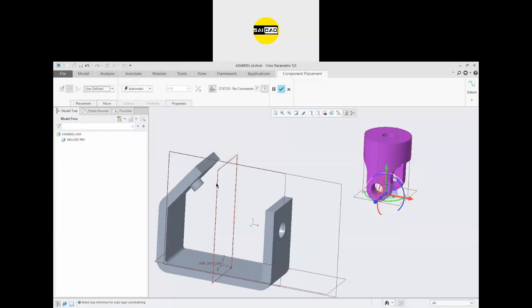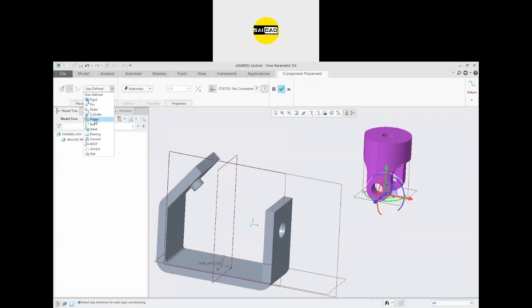Okay, so like that, we know that this part will be rotated on this axis or this part. So we have some relations. First is rigid, which means it will join the two components and make them one. Second, we have the pin. Pin means it will rotate around an axis. Third is slider. Slider means it will slide on a surface or on the edge.